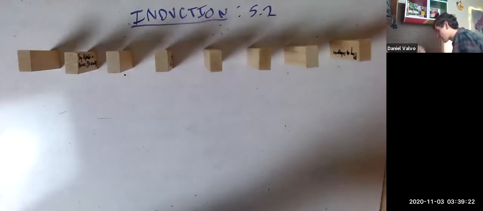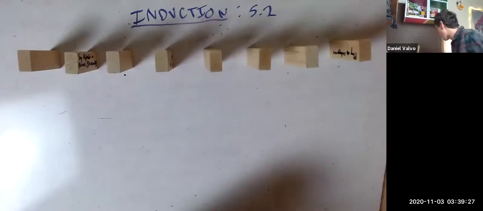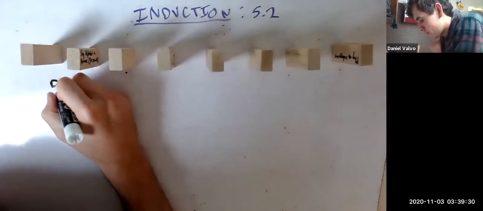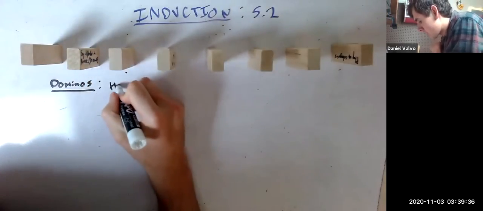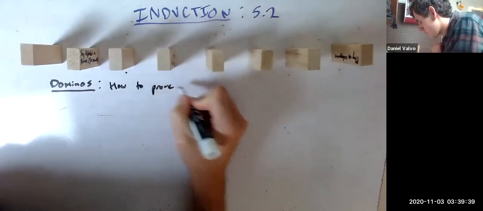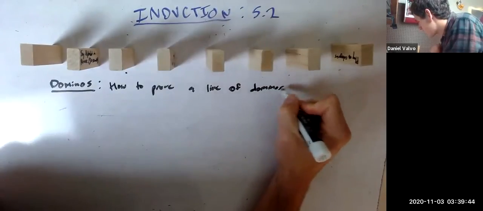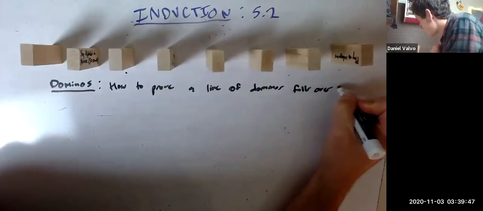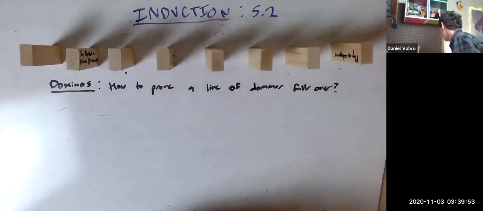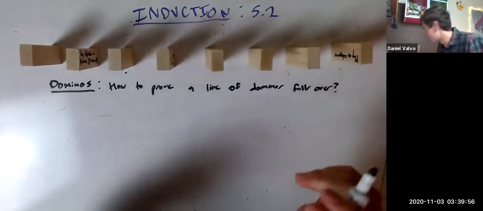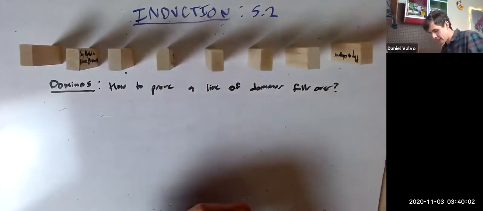So anyway, last time, if you guys recall, we were talking about dominoes. And I spent a long time talking about how to prove a line of dominoes falls over. And by a line of dominoes falling over, I mean that every domino in the line falls over, which is really pedantic, but you're in discrete math, so get used to it. So the interesting thing is,